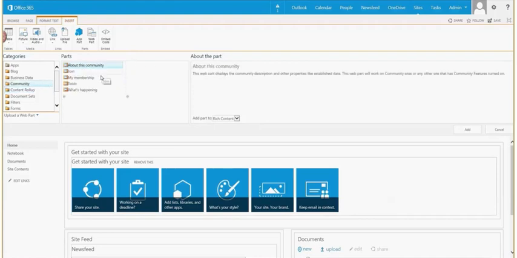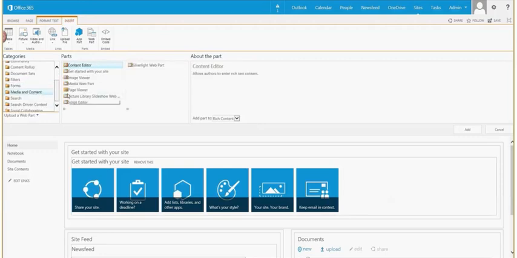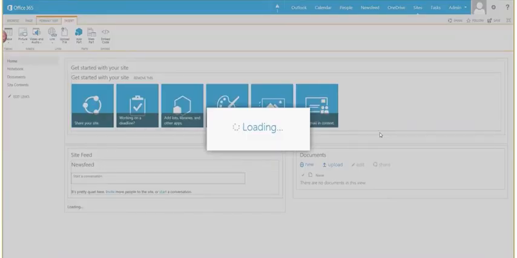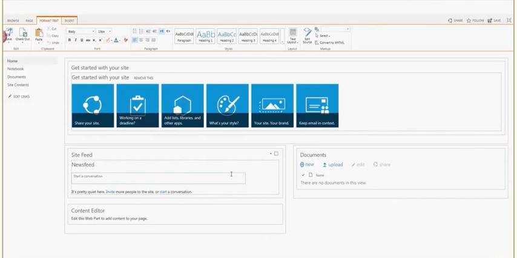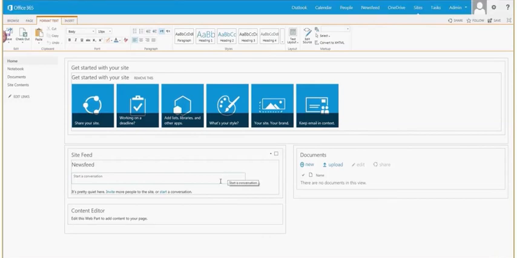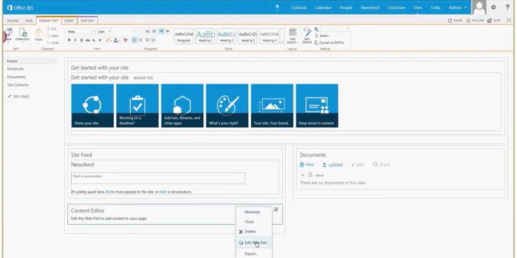Going back to the community, I can actually create a community if I want, which is very much like a discussion board. I can create document sets. Document sets are related to document libraries. Filters, forms, media, and content, and I'm going to stop right here because this is what I want to show you. If I go here and see content editor, what that allows me to do is, if I hit add, a content editor web part is a basic web part used throughout the SharePoint Online capability or the SharePoint Online sites in general. If I say edit web part,